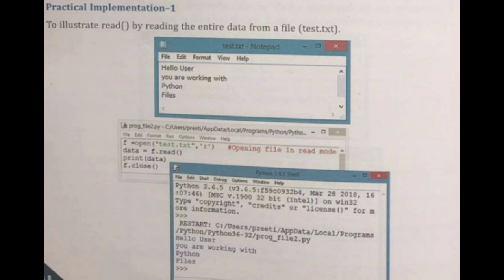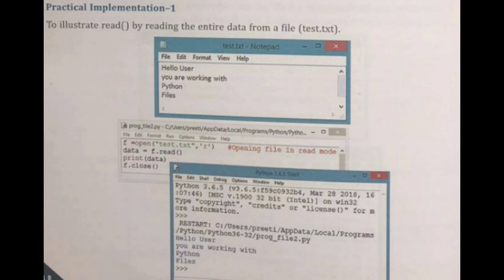Then for getting that data in a printed format, you can use the code print data. After that you can close that file with f dot close. That is the last stage of a file operation. First opening, then last closing.